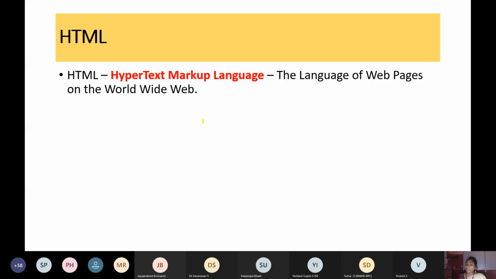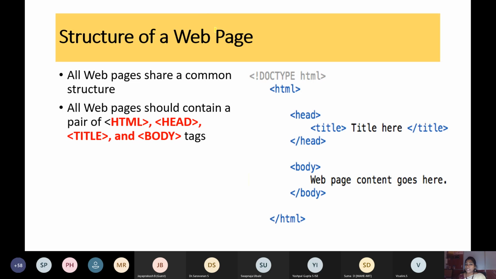For the beginners of HTML, I just brought a few points about HTML. HTML is hypertext markup language. This language is particularly used for designing your web pages, and it will be accessed worldwide. We have access to web pages through this HTML, hypertext markup language. This is the generic flow structure of your HTML.